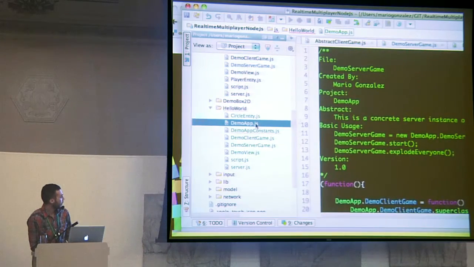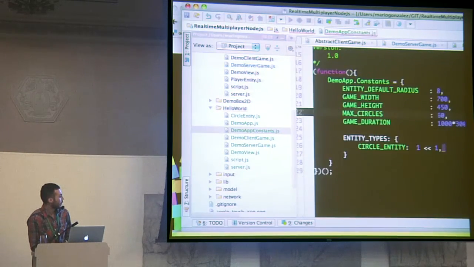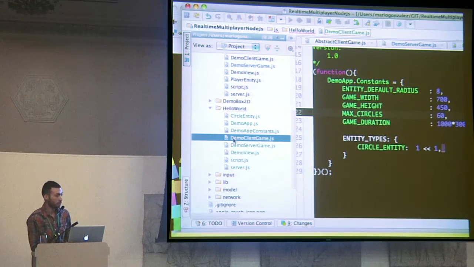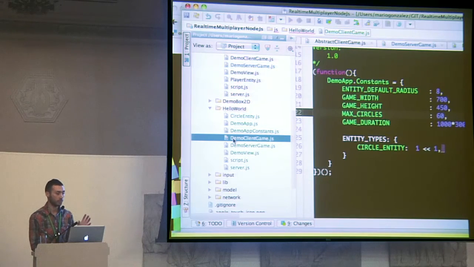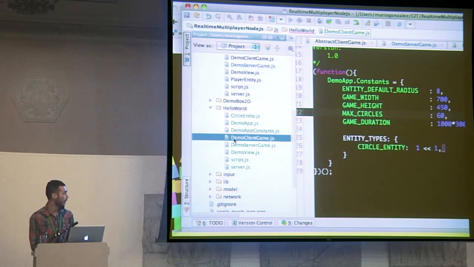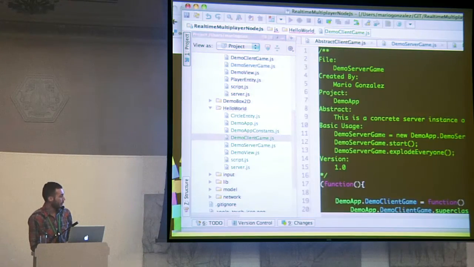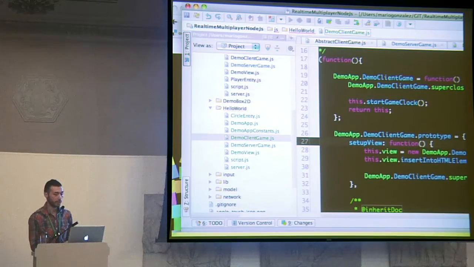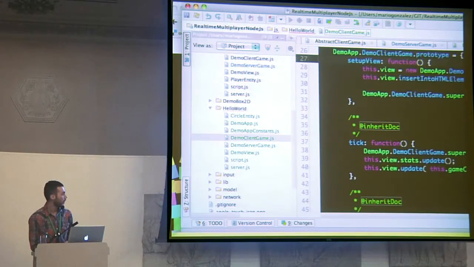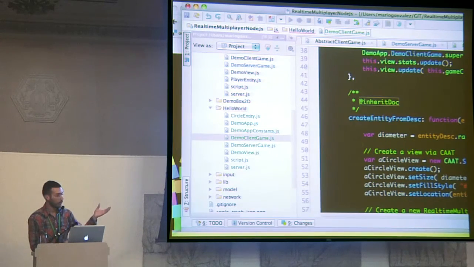Basically, the demo app is just a namespace. Then I have a file that has a couple of constants in there for me. So the main two points of entry for using this library are the demo client game, which is what the browser will display, and the demo server game. This is where all your cool stuff goes. The demo client game doesn't really have too much to it. It has a setup view function. Real-time multiplayer NodeJS is agnostic to whatever view you would like to use, so it could be Canvas or something else. It has a simple tick function which gets called, and it has this function which, once the engine detects